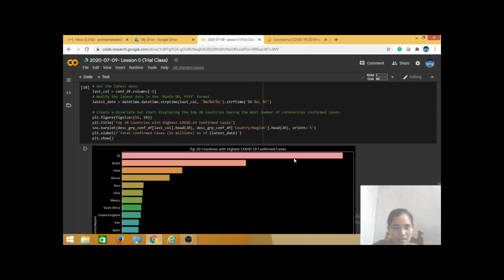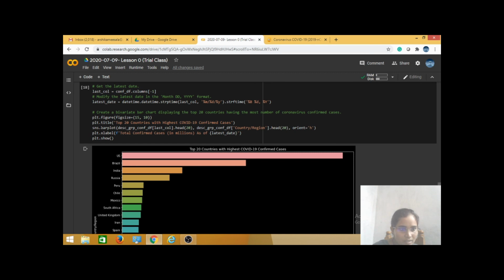And the next activity is grouping. See this bar chart. The US is the most affected country by this COVID-19. Based on this data, you are able to identify that. If you come to this code, you are doing the same thing here. You just set the width and height of your graph, and next you give the title whatever you want to give.